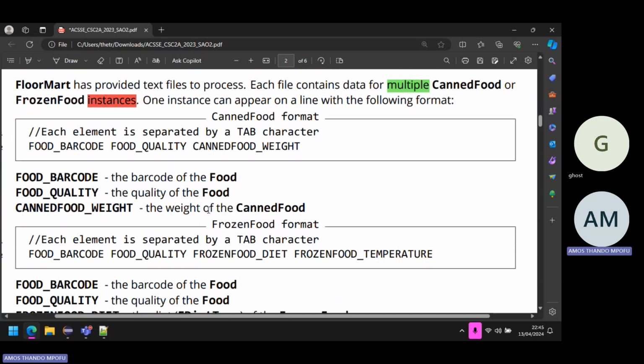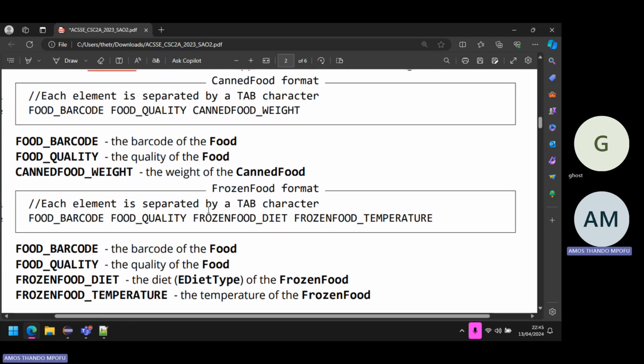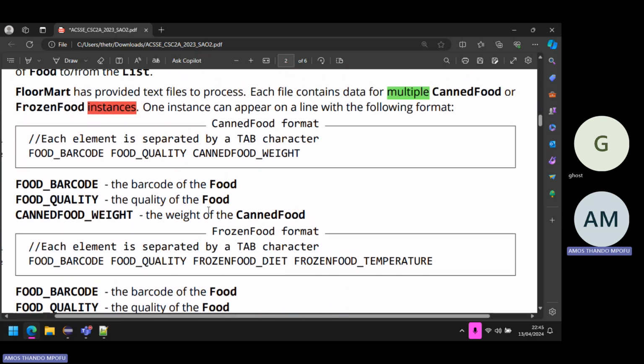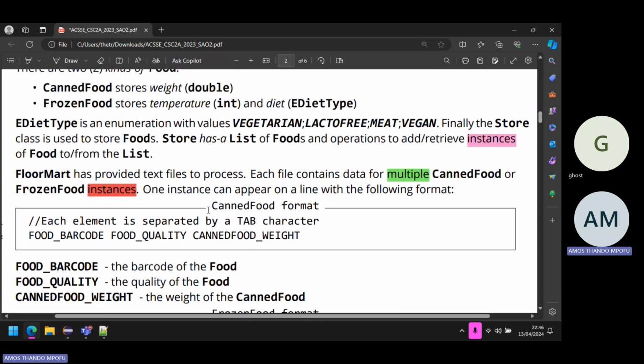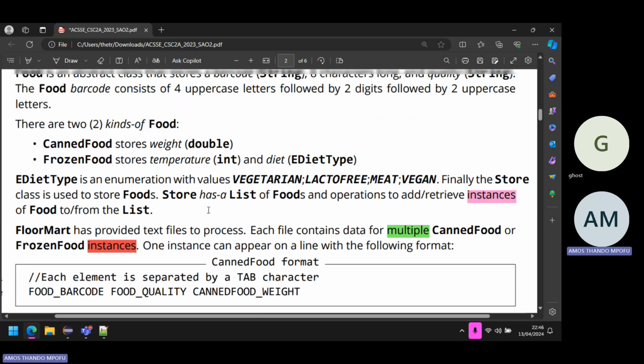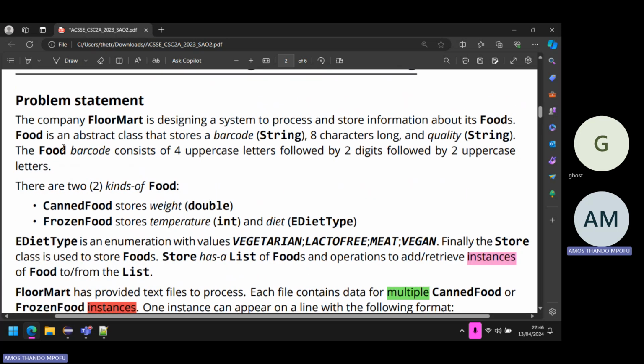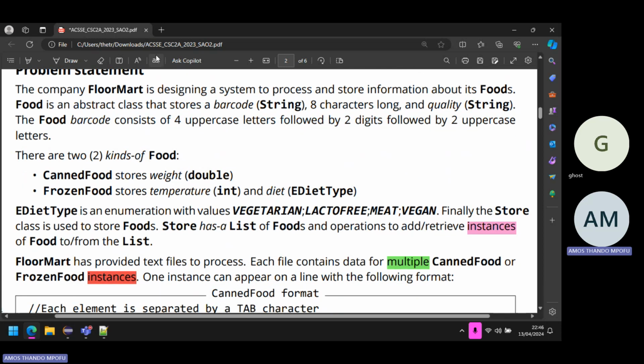So let's see. Yeah, I'm feeling a bit parched now, but let's continue. We have food barcode. So this is the barcode of the food. They also want to test if you can really follow instructions. They did talk about barcode above. If you go up, they do explain what the requirements of the barcode are. So let me open